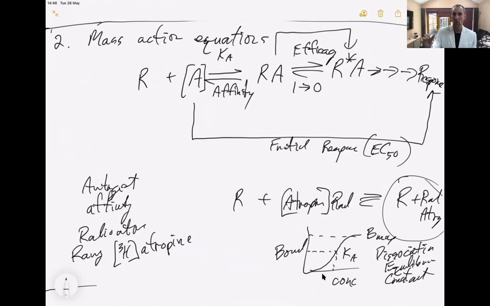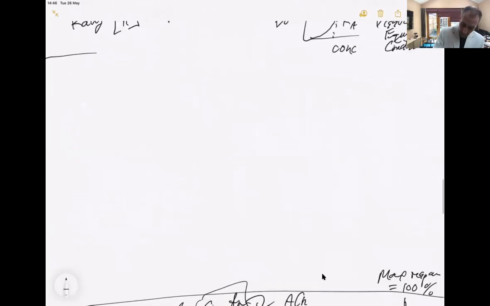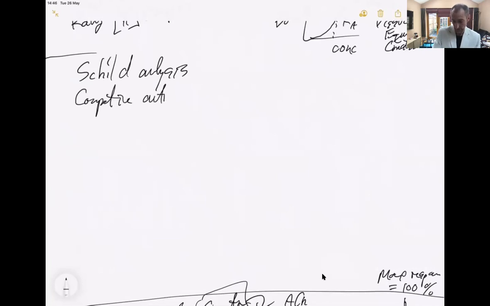But before, with this, you'd have to make every single antagonist radioactive and do all these curves, and these days fill in all the paperwork. Back in the day, there was somebody called Churchill who came up with a different idea, and this will be Schild analysis and competitive antagonists. So with competitive antagonists and Schild analysis, you can calculate the affinity of an antagonist using just an organ